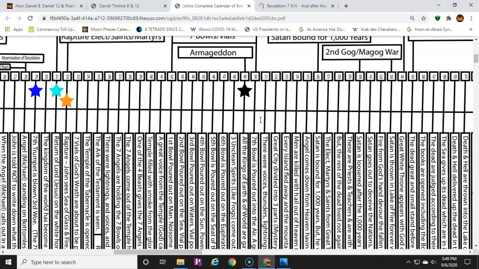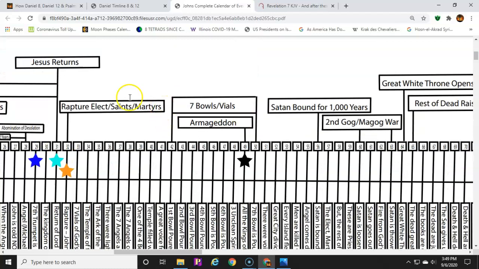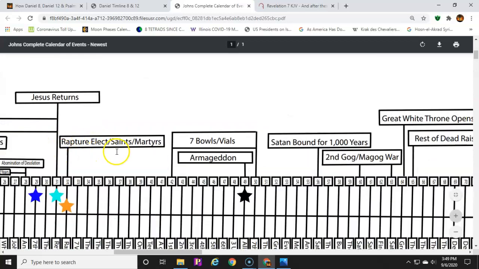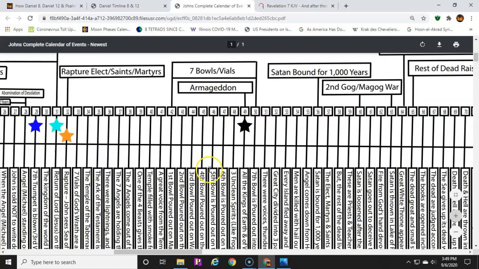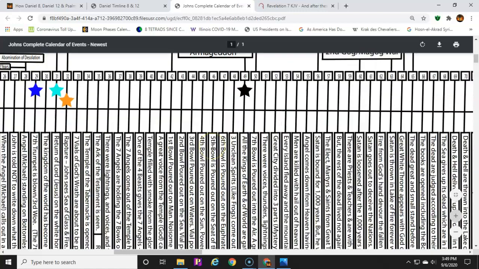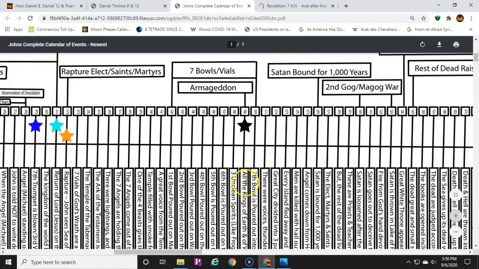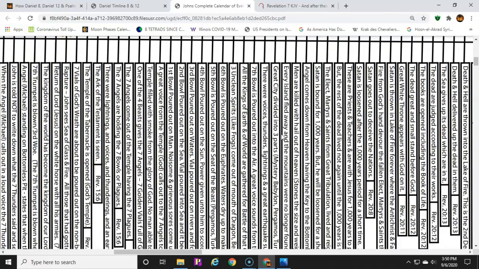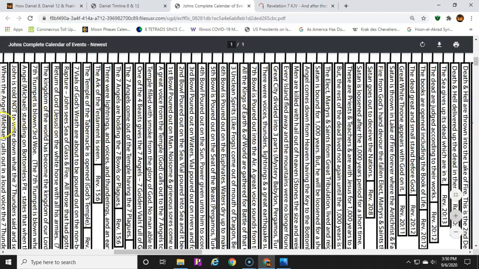And so this is extremely important to see how this happens. Once you see that Jesus comes down from heaven on the seventh trumpet, we see the resurrection and rapture of the elect saints and martyrs. We see the seven bowls start to happen. We see the destruction of the fifth bowl of Mystery Babylon, the sixth bowl of Armageddon, and the seventh bowl of the cleansing of the planet. Then, and only then, again, we see what? Thunderings and lightnings and all that stuff. Well, that's happened many, many times back here.